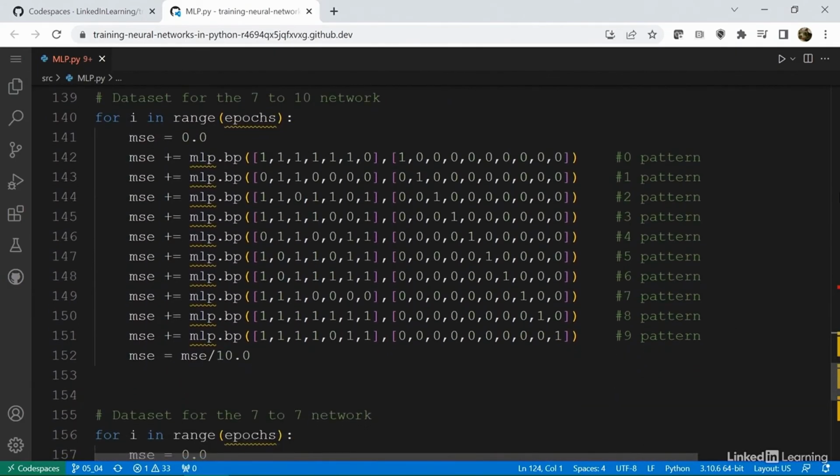Starting at line 140, we have the patterns for the 7-to-10 neural network. The patterns are the same as before, but notice the nice identity matrix look of the